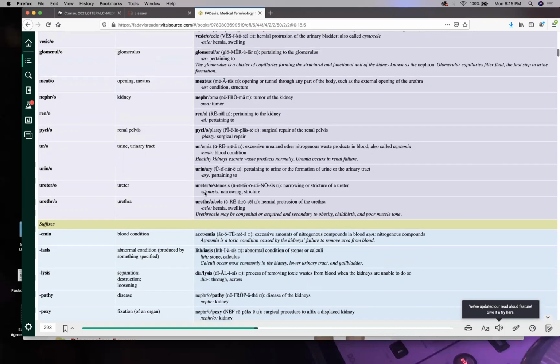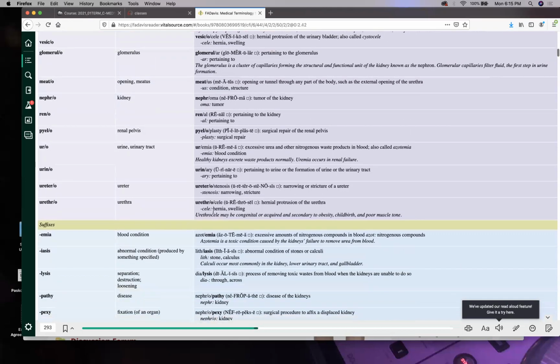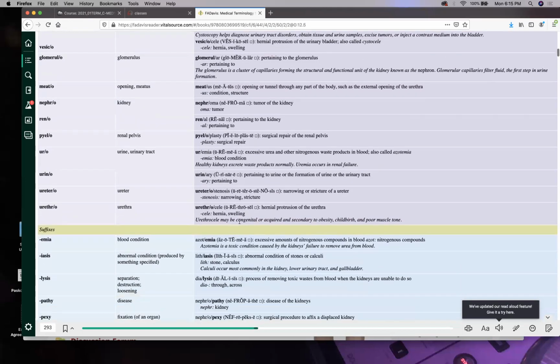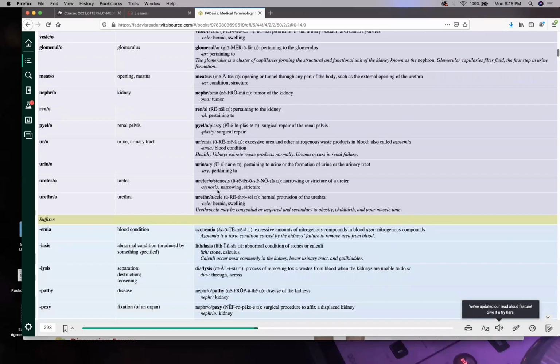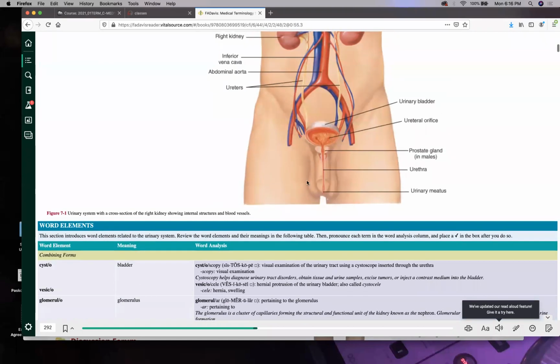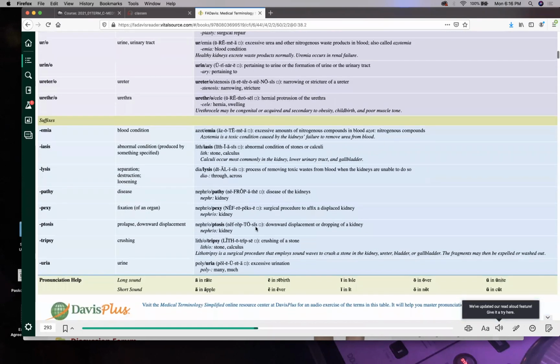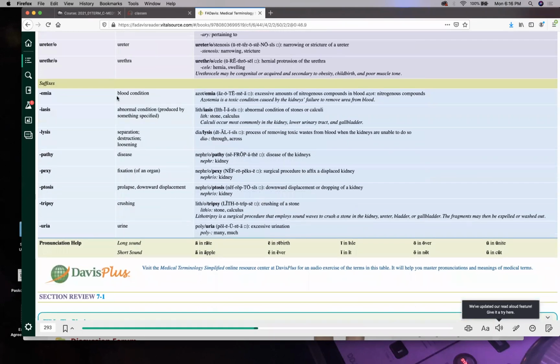Urethrocele. We already talked about the suffix "cele" before, right? With this up here, cystocele. You could also have a herniation or swelling or an outpocketing, something sticking out that shouldn't be sticking out at the level of your urethra. So right here, and that's an ouchie, right here, right? Anything in there in the nether region is an ouchie. Sorry, I'm not using the proper medical term, but it's going to hurt like the dickens, pun intended. Azotemia, we already went over. Lithiasis, stone, we already went over.